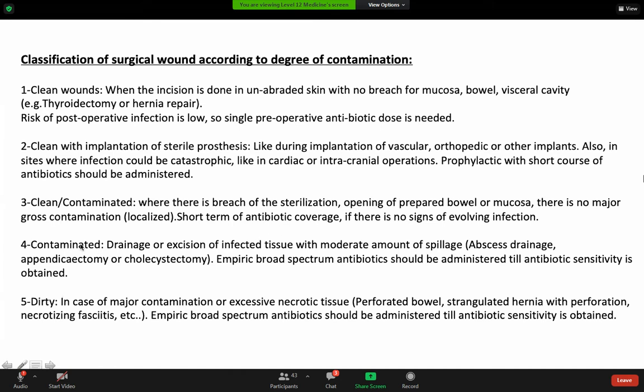واضح الله يعافيك. Clean contaminated where there is a breach of sterilization or opening of a prepared bowel. Prepared, لاحظ انها prepared يعني clean bowel. Okay? Contaminated لما يكون في drainage or excision of infected tissue like acid. Dirty in case of major contamination or excessive necrotic tissue. واضحة؟